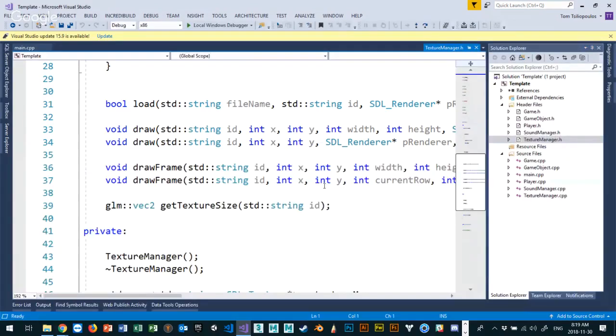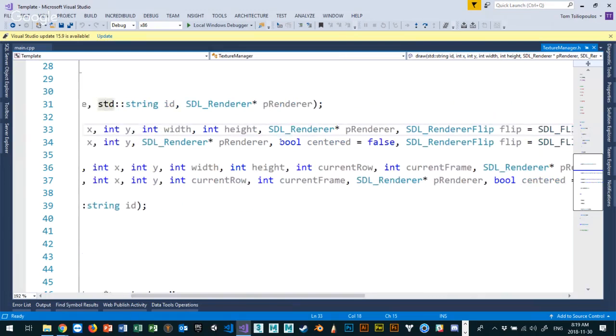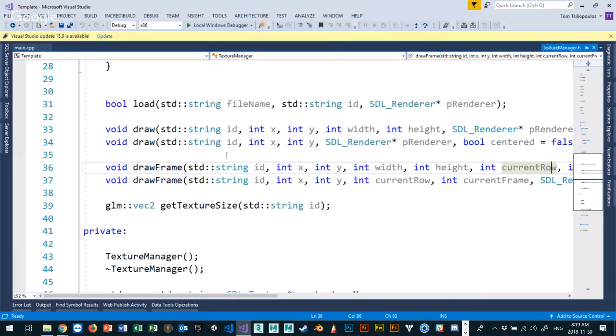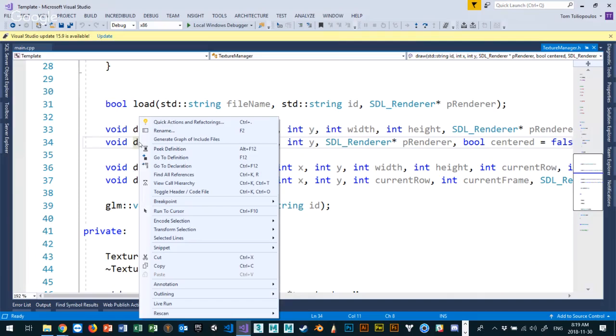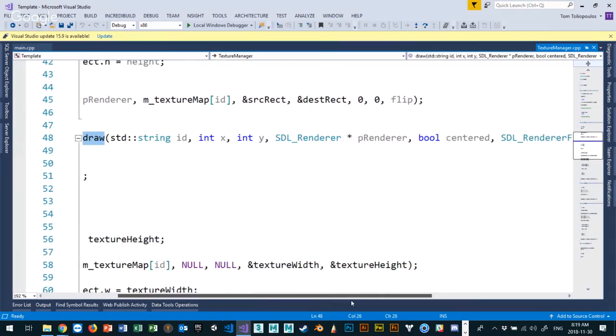So if I look at the draw function here, there's two of them. One of them just takes width and height and so on, and the other one automatically centers it, and well, actually, it centers it as false. It doesn't automatically center it. But if I choose to center it, then the function itself, which I've defined inside of the texture manager.cpp. So if I go to definition, you can see that for this particular function where it's asking